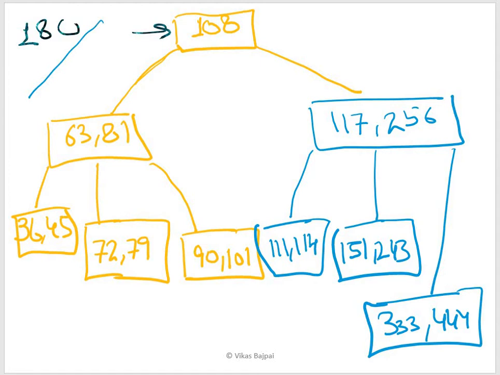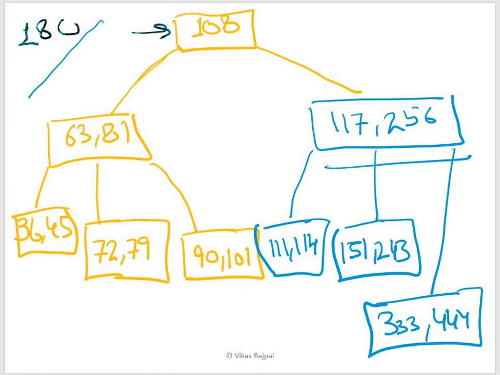So there was an adjustment done on this side. That means firstly I tried to get in touch with my right sibling, and then I saw that this has a sufficient number of key values, right? So in case of deleting a node, if the leaf node contains more than the minimum number of key values, we delete it directly. That we did in the very first part. And if the leaf node does not contain the minimum elements, then we fill the node by taking an element either from the left or from the right sibling. And this is not done directly, this is done with the help of the parent.